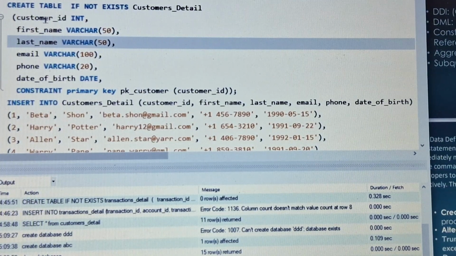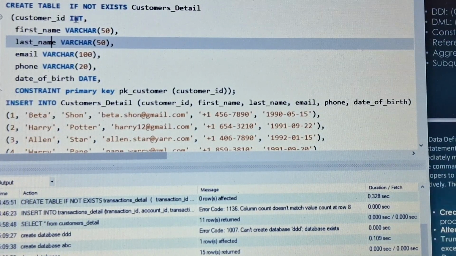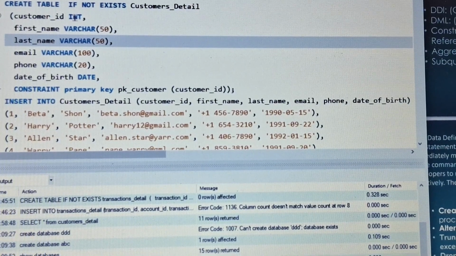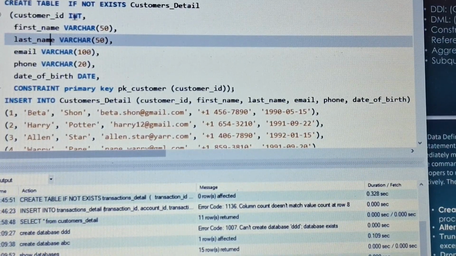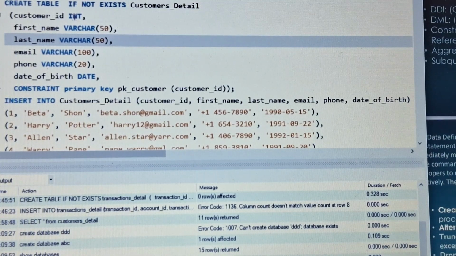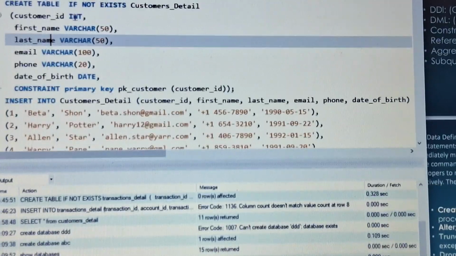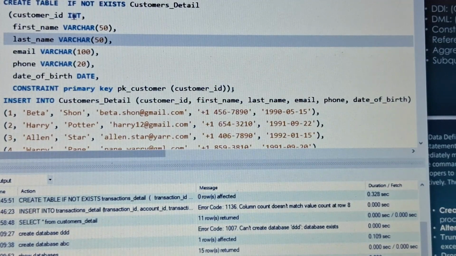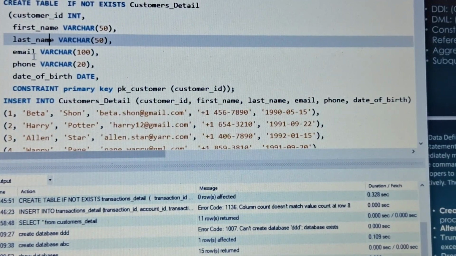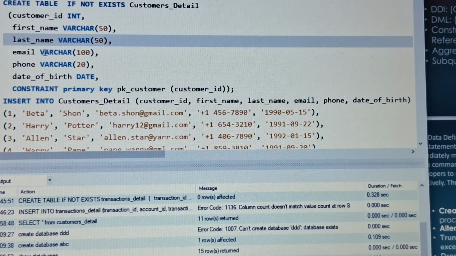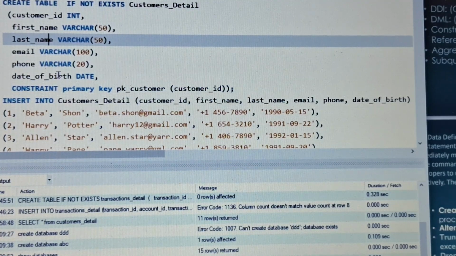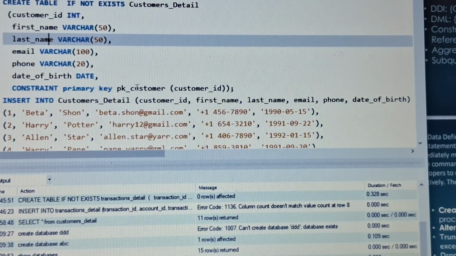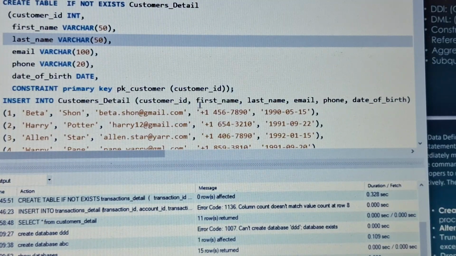In this table there's customer ID, which is an integer, that is in numerical form. The first name is in character form. So anything you want to write in character form, just type varchar 50 in this format. The last name is also in character form, and so is email. It includes both characters and integer values. Phone is varchar, date, and there is a constraint, customer key, that is the primary key here.